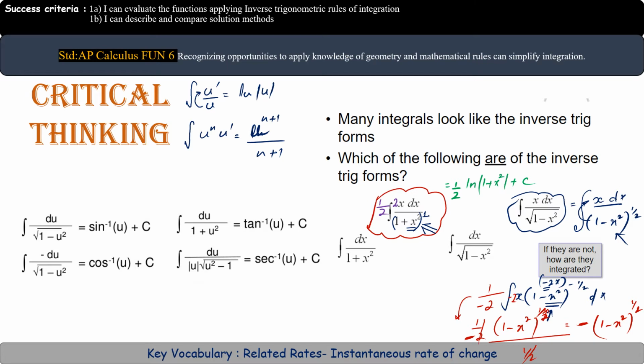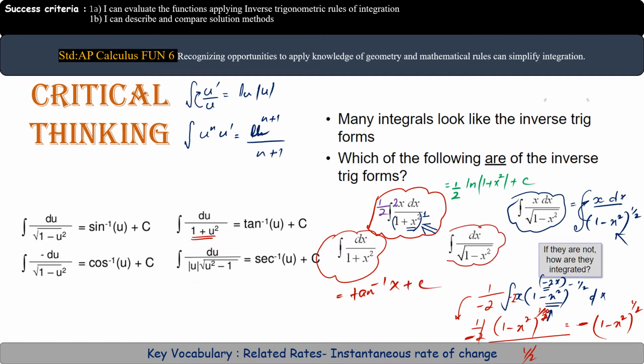Now let's see another question over here. That is dx over 1 plus x square. Now, whatever we focus on in the denominator, the main thing is that in the numerator the derivative of the denominator is not present. So if the derivative is not there, then 100% we have to move towards the inverse trigonometric functions rule. 1 plus x square is written, so the answer directly is tan inverse of x plus c.